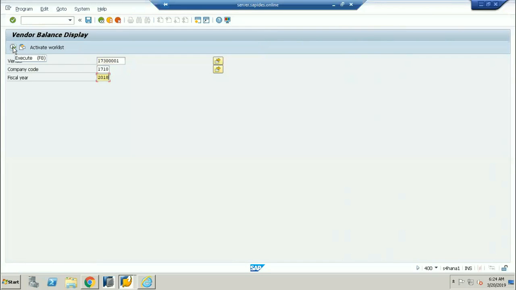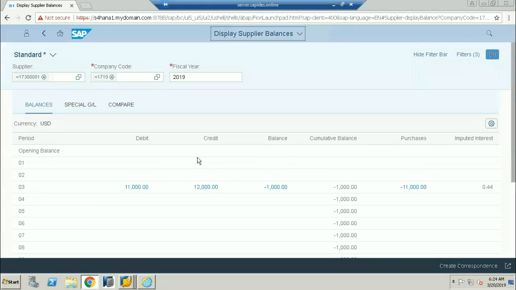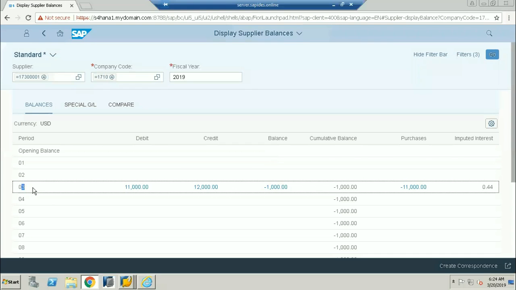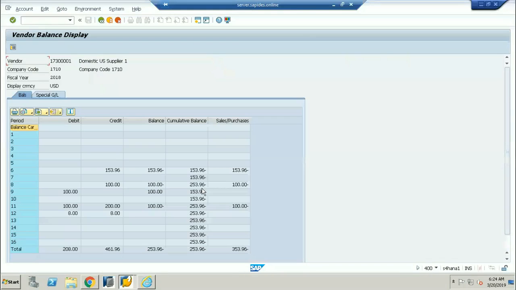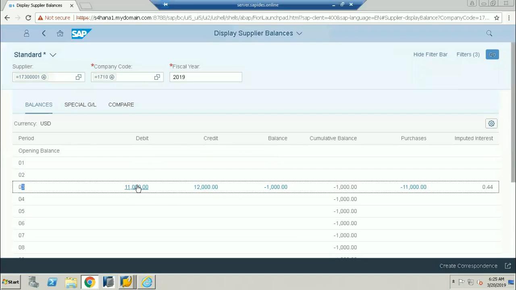Now I'm seeing the same balance. I'm looking at it in my SAP also. See, this is what exactly it looks like in SAP. Now in the month of March, 11,000 credits have gone for 12,000. Here you can see all the consolidated amounts, and the special GL transactions are also included. Here I'm showing everything in one screen. So if I double click on the debits,